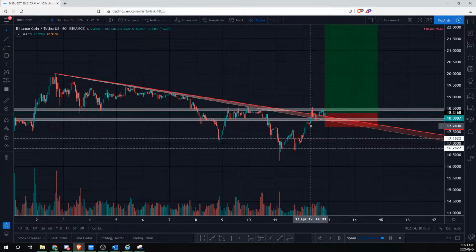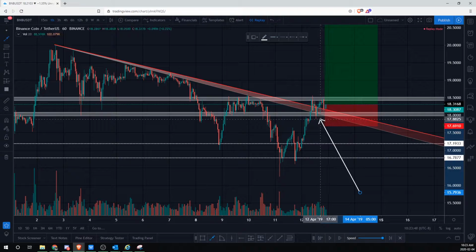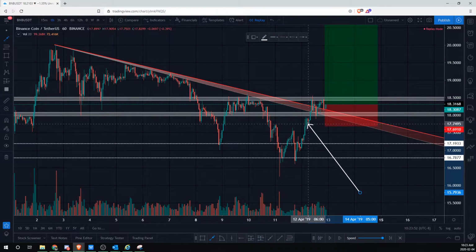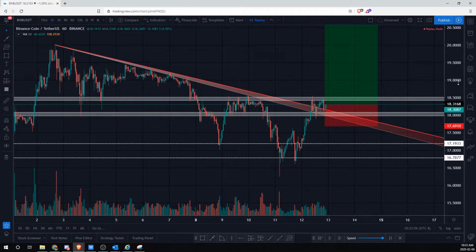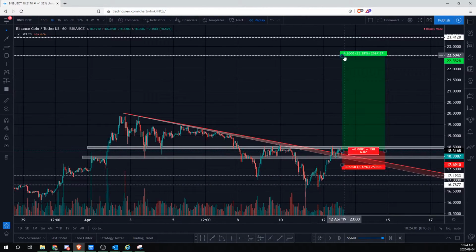And then we're going to have our stop below our previous low. Theoretically, this could be the stop loss right here as well, but I'm going to give the price a little bit more room because we have such a high take profit. And then we're going to put the stop loss below this low to really give the price action enough room to breathe. So then we have a high probability of the price continuing if it does hold above this horizontal